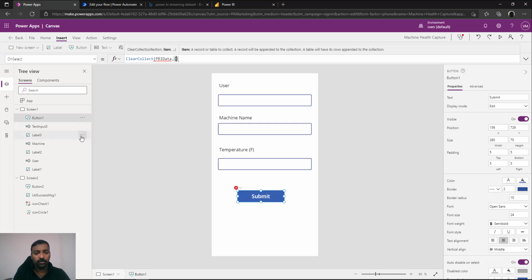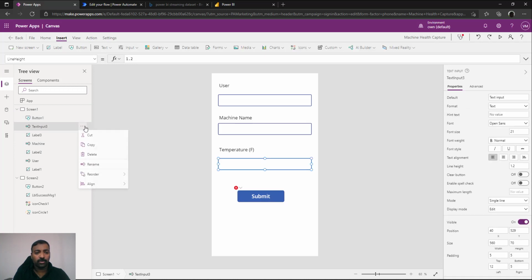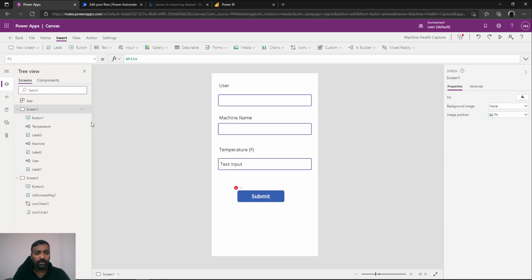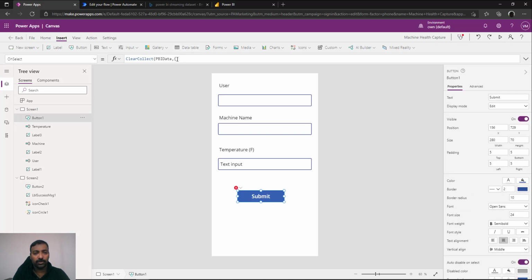For easy identification, you can name the text boxes in the name of that entity. So the first text box is called user, second is called machine, and third one is called temperature. You can make use of these text inputs and generate the JSON using this. So the first JSON element will be called user, and the value of the JSON element will come from the user text box.